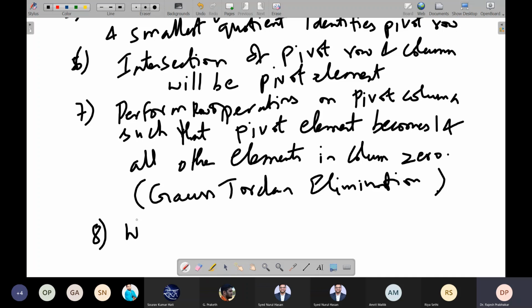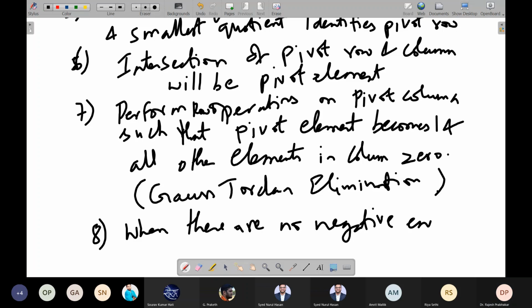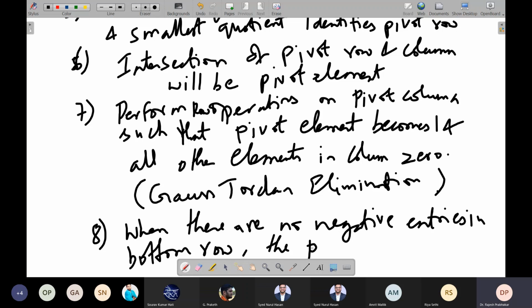When there are no negative entries in the bottom row, the problem is solved. And we will quote the solution.